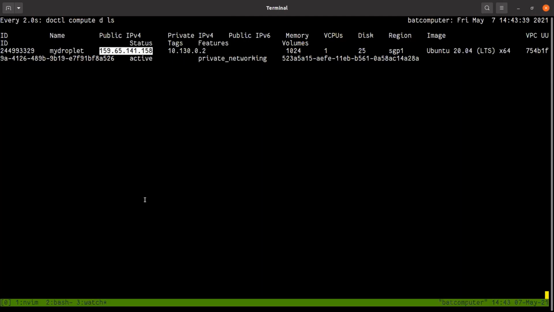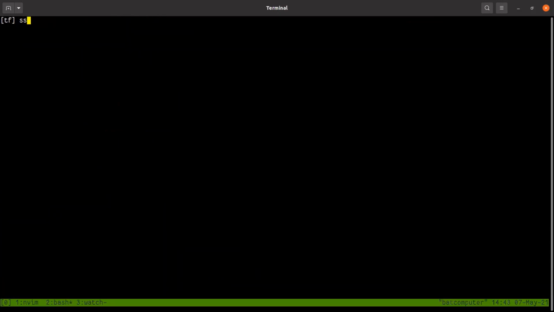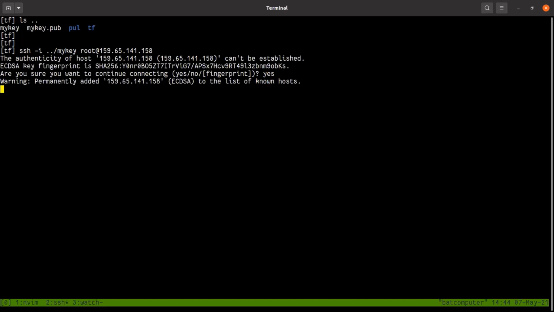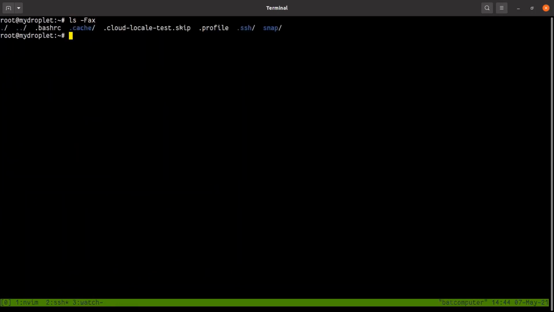I can copy this guy. Okay, I can go SSH. So my key, remember my keys up here. Okay, so I can go SSH -i, my private key, and then for DigitalOcean it is root. I think for AWS, you need to find out what are the users that are enabled, right? So I can do it like this. So yes, so now I'm inside my instance.